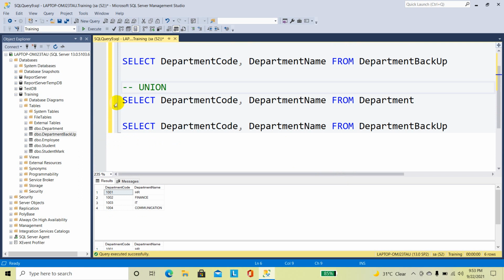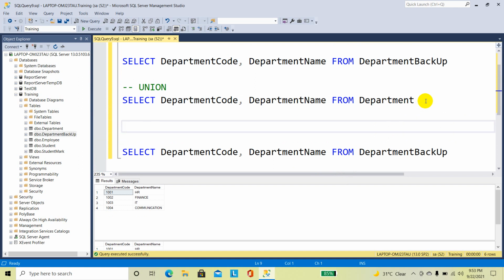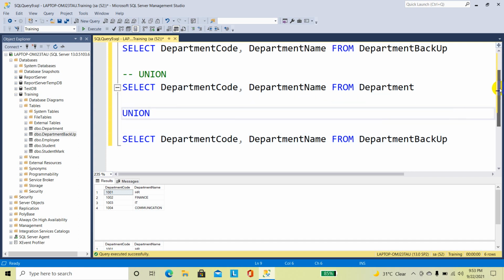Here I am selecting department code and department name from department. Then I am going to apply union. The syntax is union, then the second select statement, that is select department code and department name from the department backup table. When we apply union, we will get only distinct records and it will eliminate all the duplicate records.